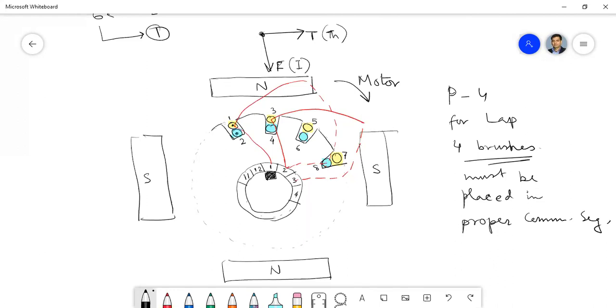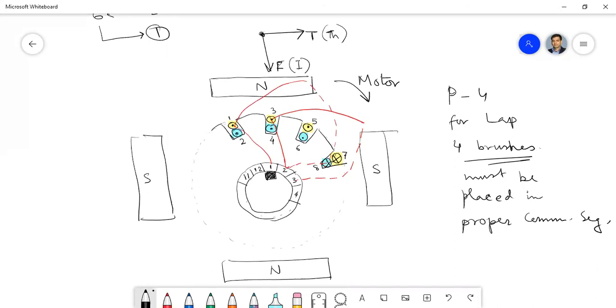Now, if one is dot and another is cross, then net torque will be 0. Isn't it as simple as that? If one set is giving a right hand torque, another set is giving left hand torque, so net torque will be 0, motor will not rotate. As simple as that. Again, if we apply the same thing for this south pole, we'll get cross here. So all the three. I have already told you that the slots per pole is 3.